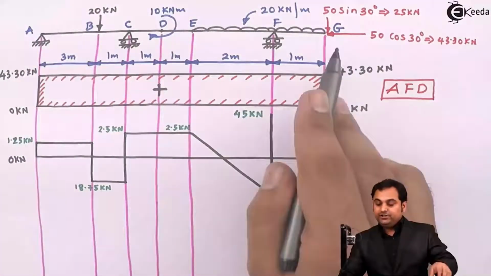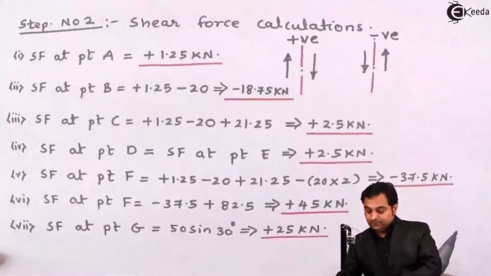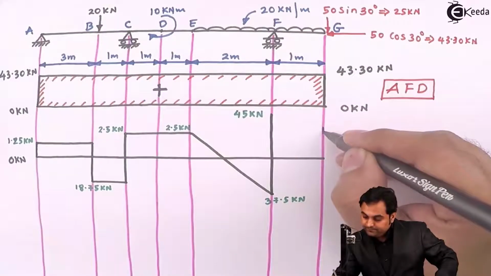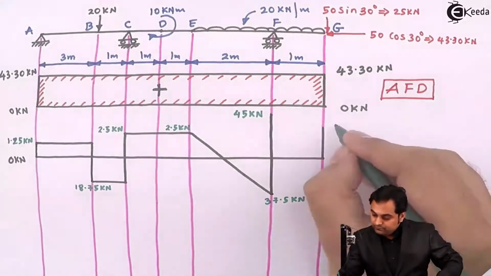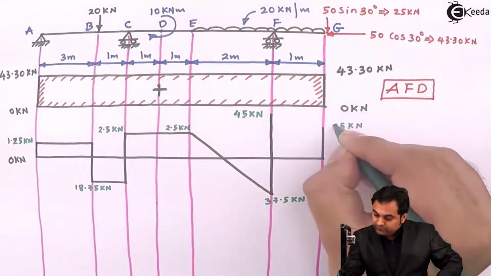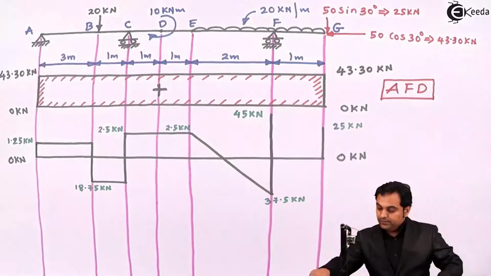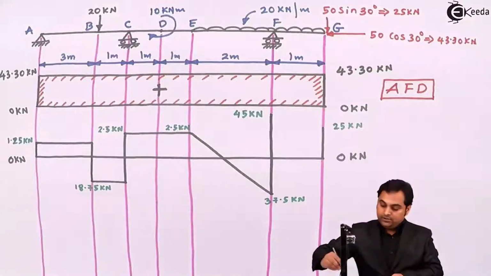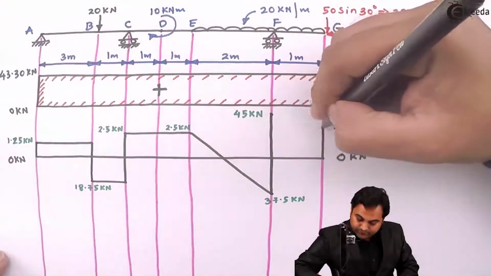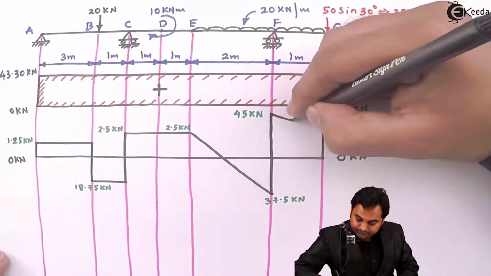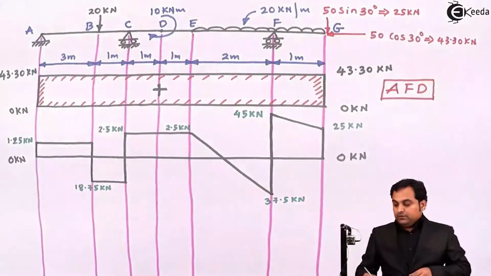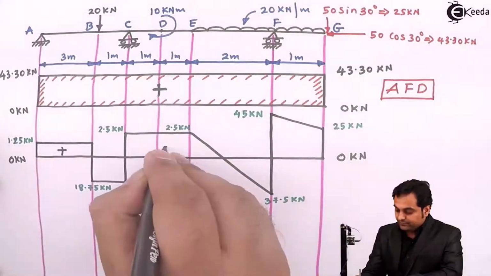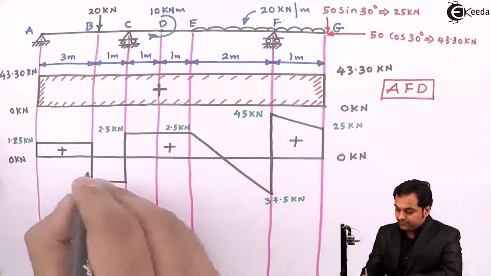Then at point G, the value of shear force is plus 25 kilonewton. So again, this will be a positive value above the line, plus 25 kilonewton. Then between F to G, there is UDL. So shear force should be an inclined line, joining 45 kilonewton and 25 kilonewton. This is an inclined line. Next, I'll mark the sign here. This is positive, positive, and positive here. If this is negative,